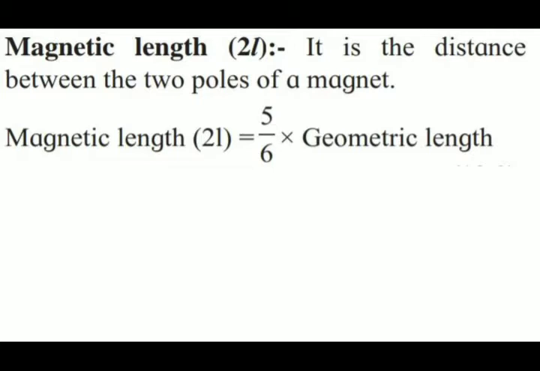Okay, so this is all regarding the axis of a bar magnet, equator of a bar magnet, and magnetic length of the bar magnet. Now one more term is there. As the bar magnet has two poles with equal and opposite pole strength. Okay, equal and opposite means what? One is having the positive, another is having the negative. So it is called magnetic dipole.